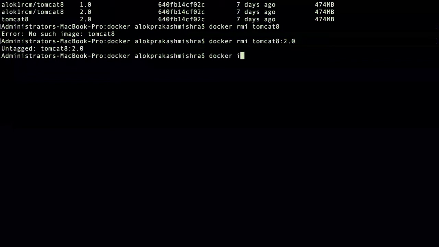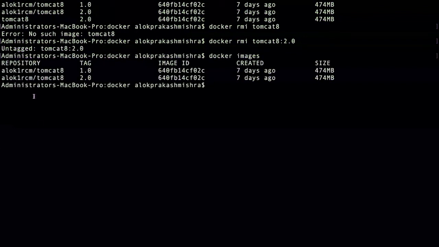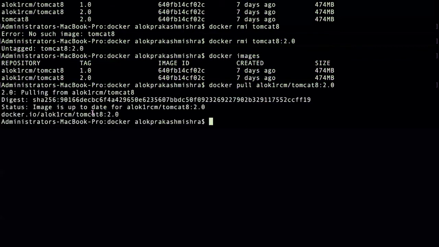So docker images, see here. Now let me just delete this. No, no need to delete. Docker pull and then image name and then tag name. So it is already here.